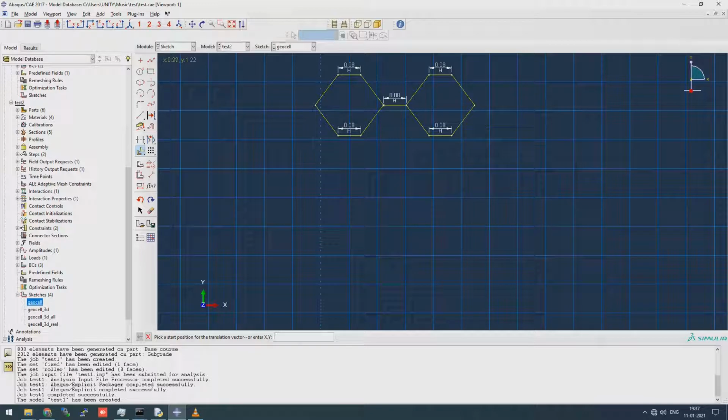So that's how we have created a segment here, and then we can copy this whole thing with the connecting line segment, and then we can have our segments like this.